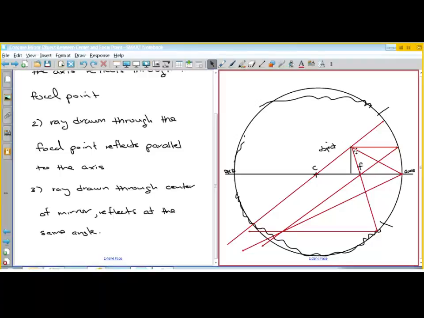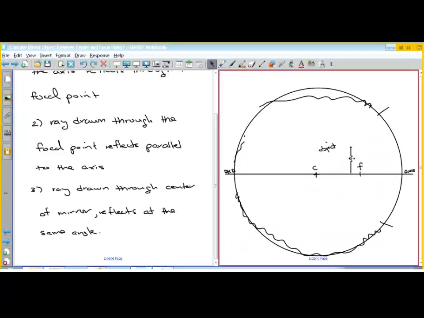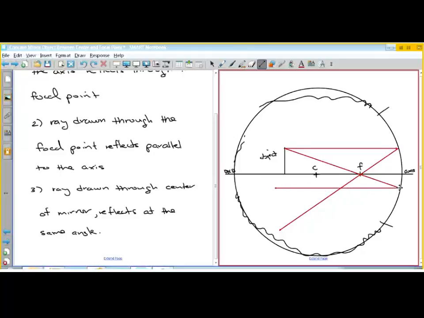So we were talking about when the object is between the center and the focal point. So I'm going to undo all these arrows. I'm going to move the object outside of the center. So again, we have the 4 different choices. We can go parallel to the axis through the focal point. We can go through the focal point parallel to the axis. So one thing you can already see is that the image has moved